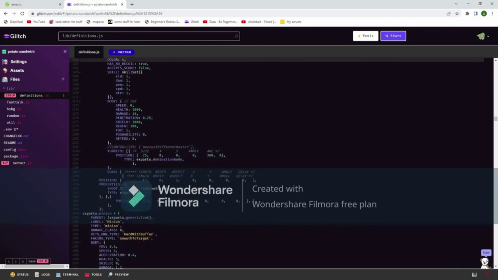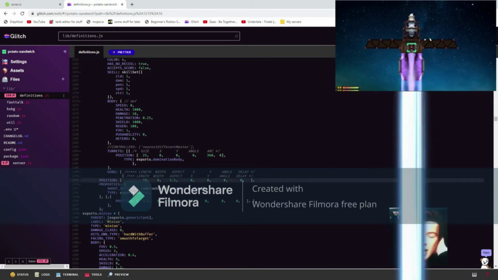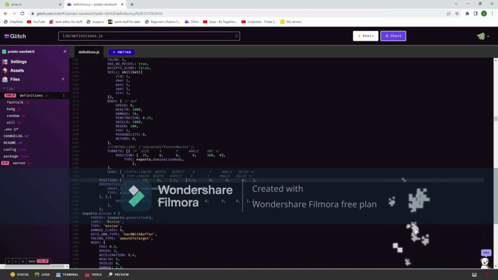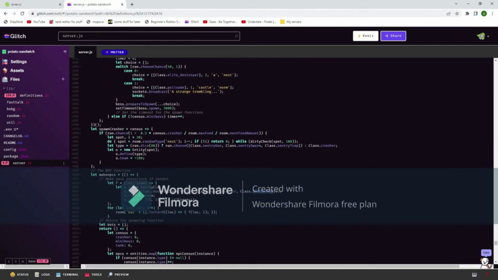And I'm gonna make its main cannon have an aspect of 2.1 to make things interesting. And make it have a length of only 10 and an x of 5.5. And it's G fast. And pretty much make it